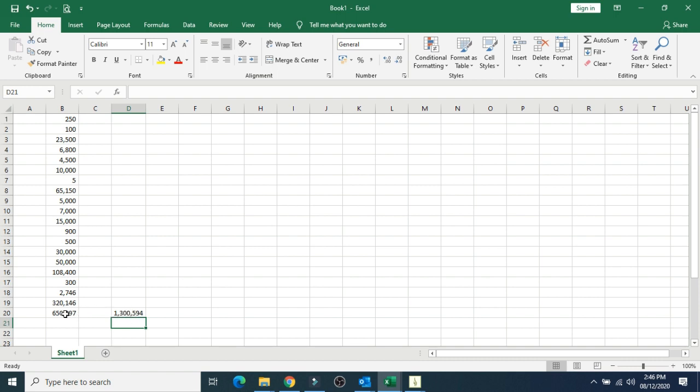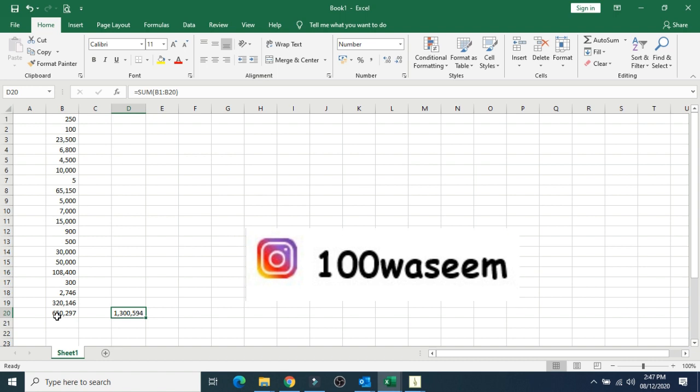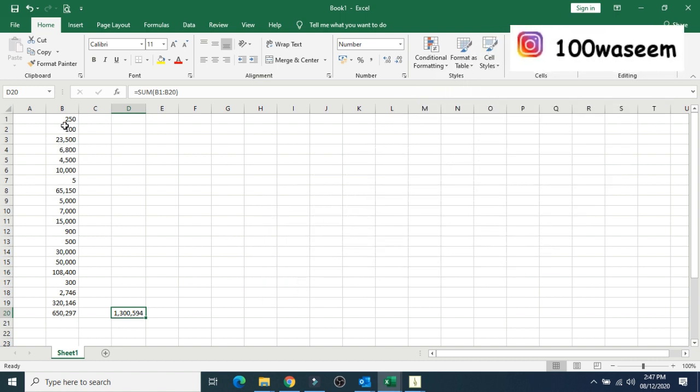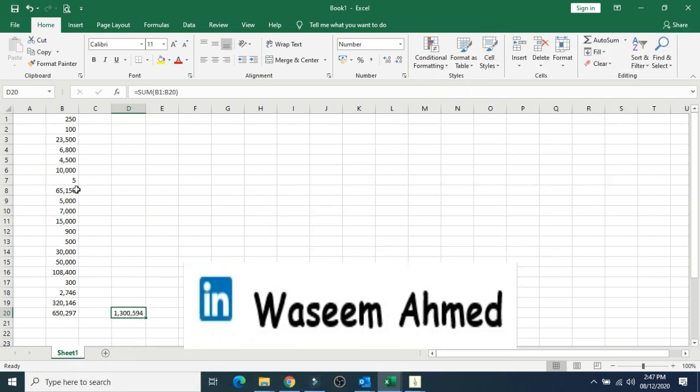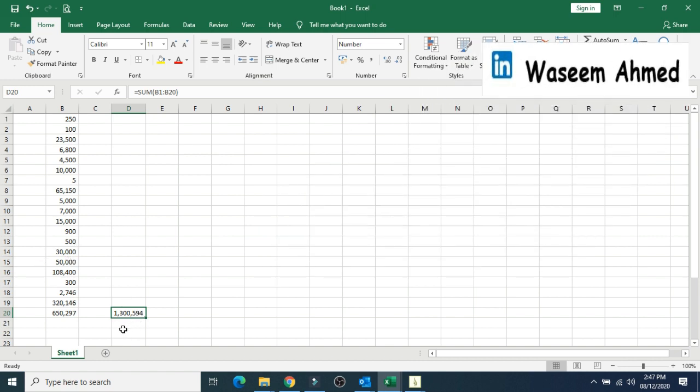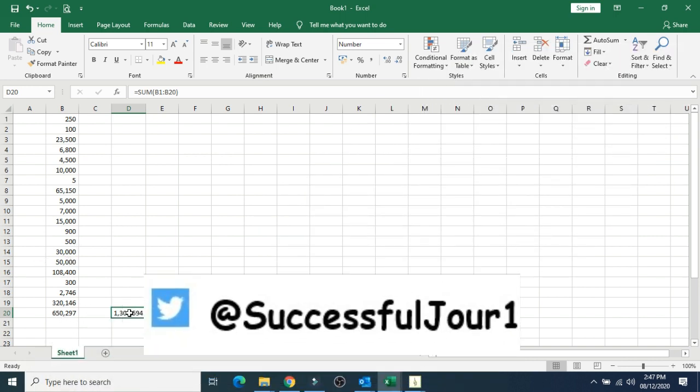But what is this? Here we are getting 650,000. Here we are getting 1.3 million, double of that. Yes, that mistake I deliberately did, because you can understand what mistake we make in our practical life and how to avoid it. What we do, we select the range of the total column as well, and there are some fields where you have subtotal of these numbers, and you select the subtotal as well, so the result is not correct.